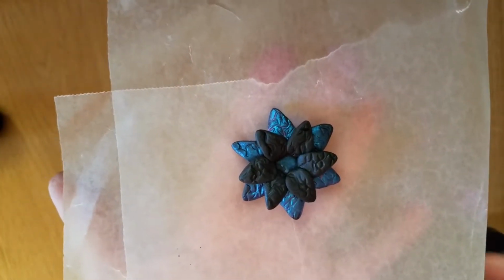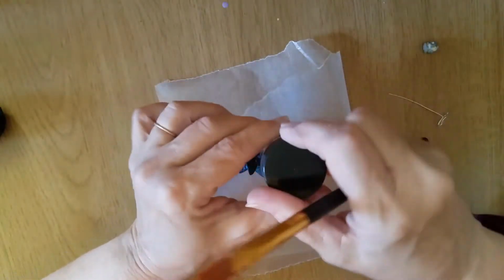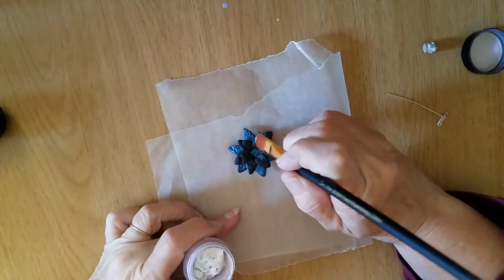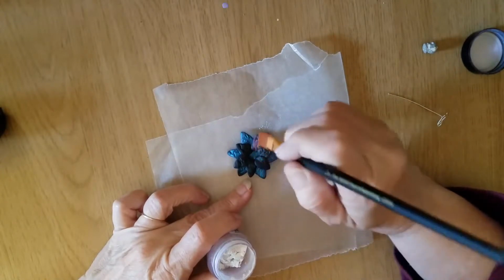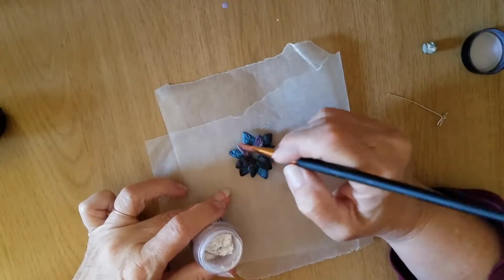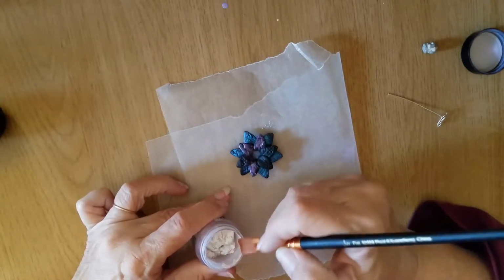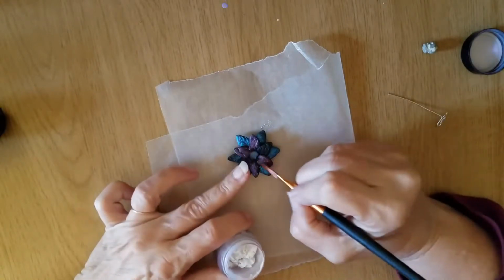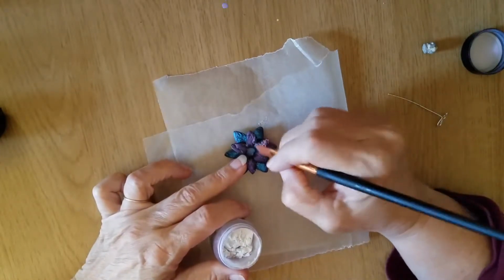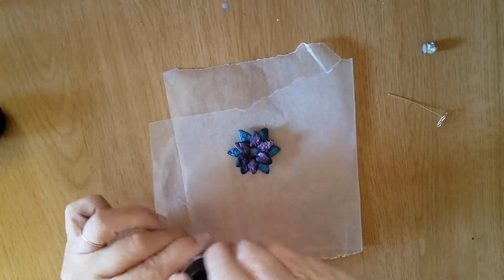Okay, I have all of my small petals on now. And I'm working back on the wax sheet again. And I have Interference Violet mica powder that I am going to brush onto these small leaves, or petals. Now,